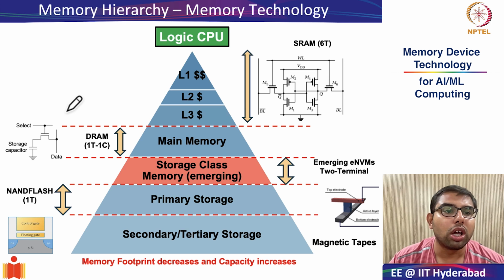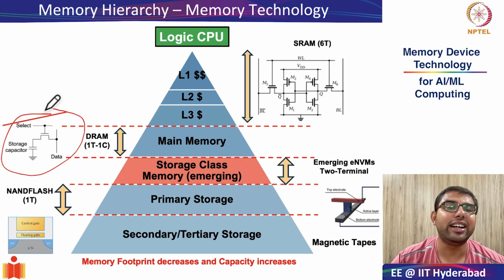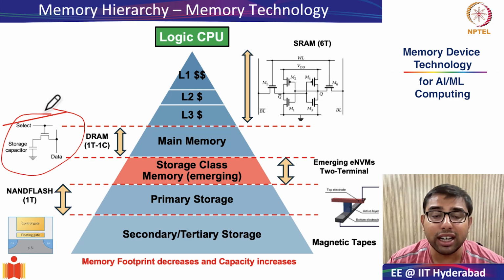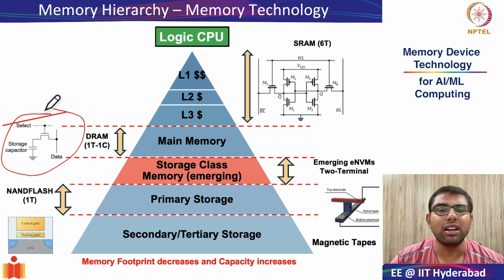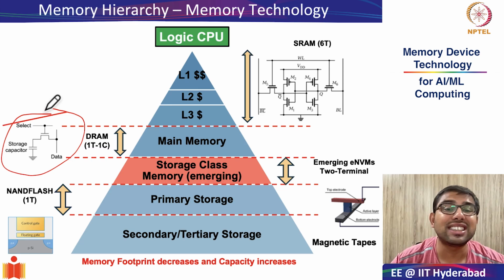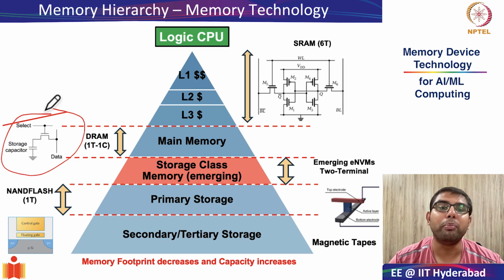Next, coming to 1T, 1C DRAM cells. In 1T, 1C DRAM cells, you significantly reduce the cell area from roughly 150 to 300 F squared to just 6 F squared in DRAM cells. So basically the focus is now more on bit density also, but you cannot just compromise even in latency when you come to the main memory or the DRAM cell.